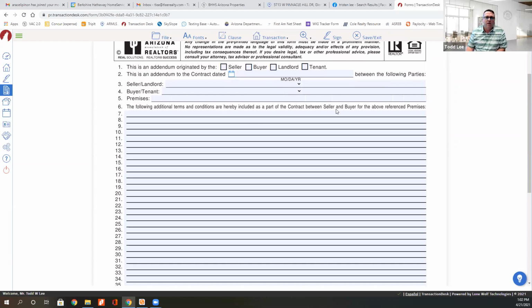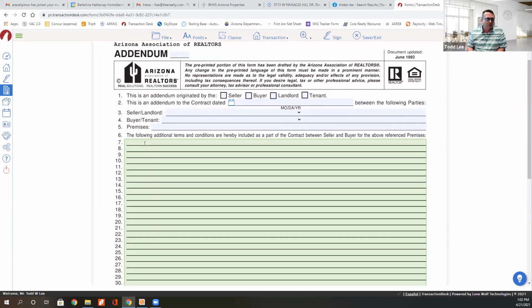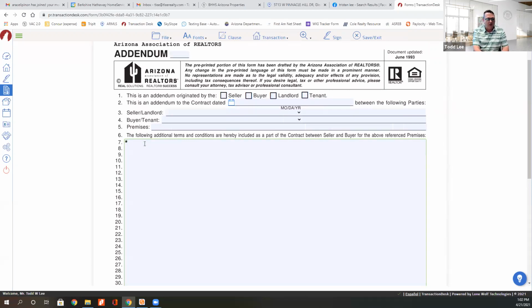But then when you come down into the section of the addendum itself, I'll just show you a personal preference of how I like to write the addendum. I always like to put one star or maybe a couple of stars just to denote that this is something that I'm changing in the contract. And again, an addendum is only used after we are under contract. Otherwise, we'd be doing a counter offer. So let's just say that